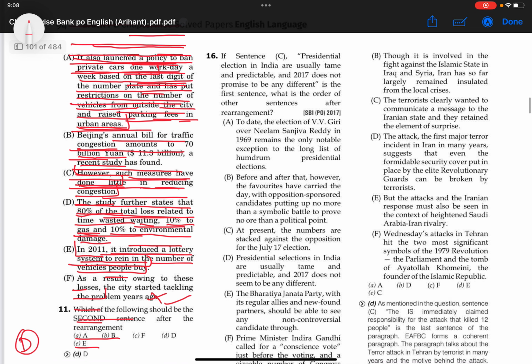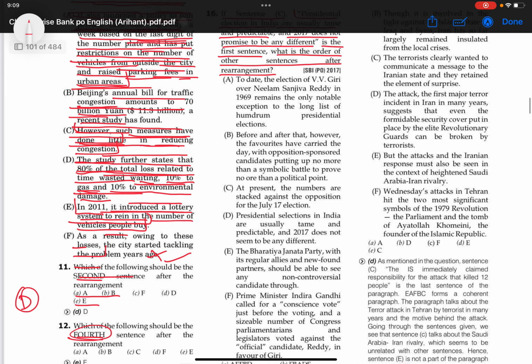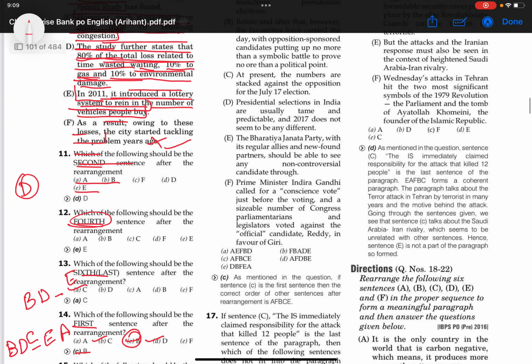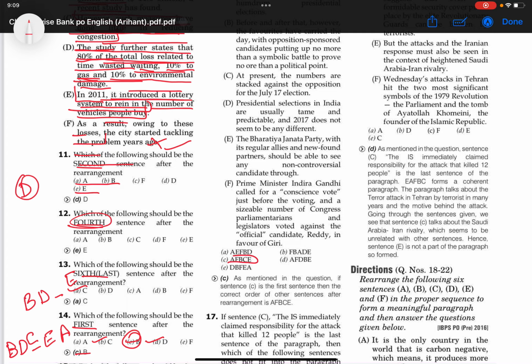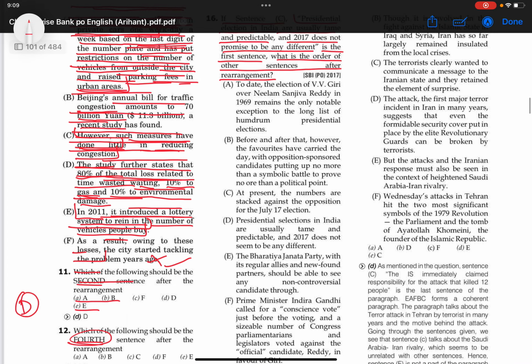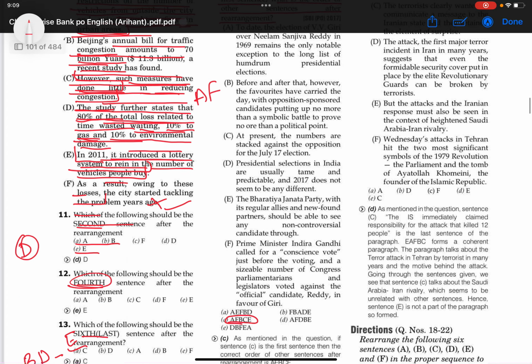अब कर लेते हैं 16। If sentence C, presidential elections in India are usually tame and predictable, and 2017 does not promise to be any different, is the first sentence. What is the order of other sentences after rearrangement? इसका हो जाएगा आंसर सी, ए एफ बी, ए एफ बी सी ई।